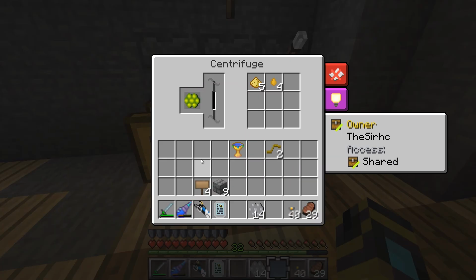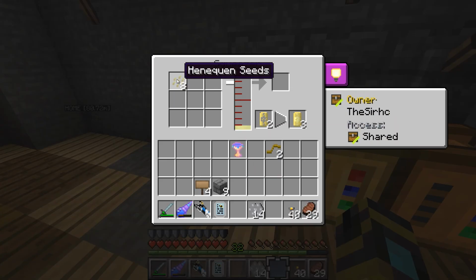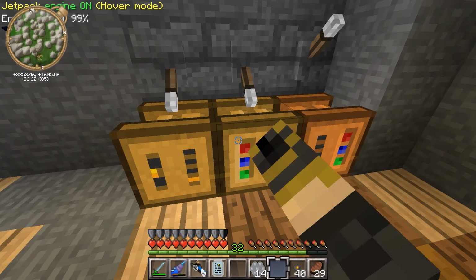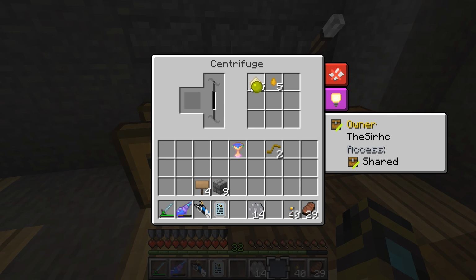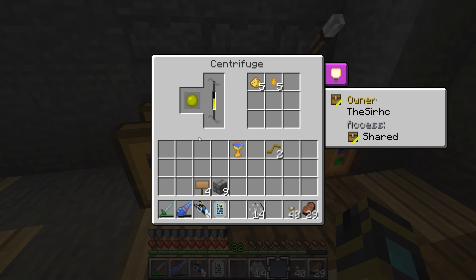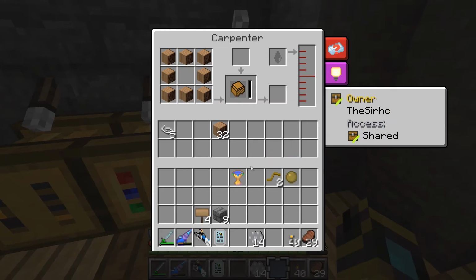Let's see if we can get another silky propolis from here. So yeah, that's why I've been using the henequen. And there we go, silky propolis, nice. Now let's see if we can get the silky wisp and the propolis. Oh, we finally got a propolis. I've been trying to get one of those. I haven't had any yet